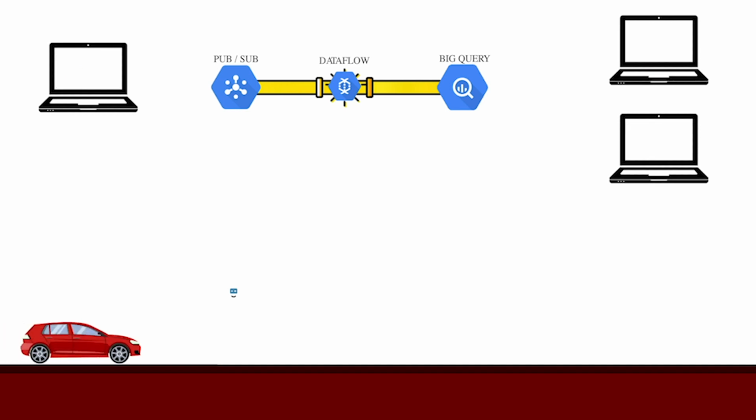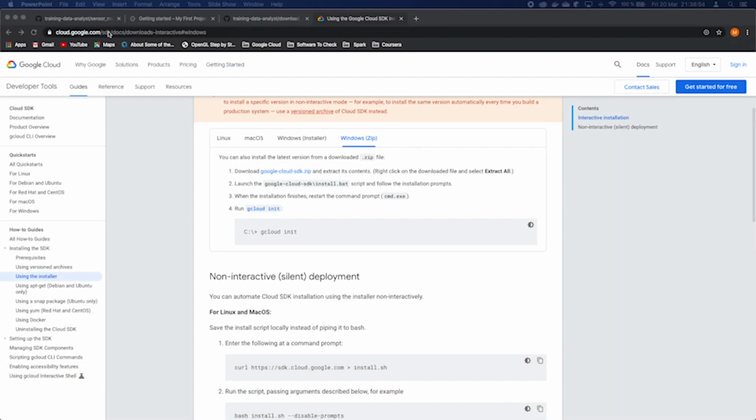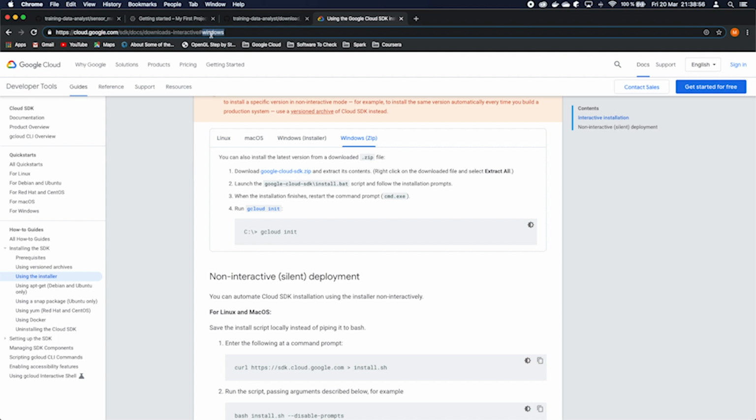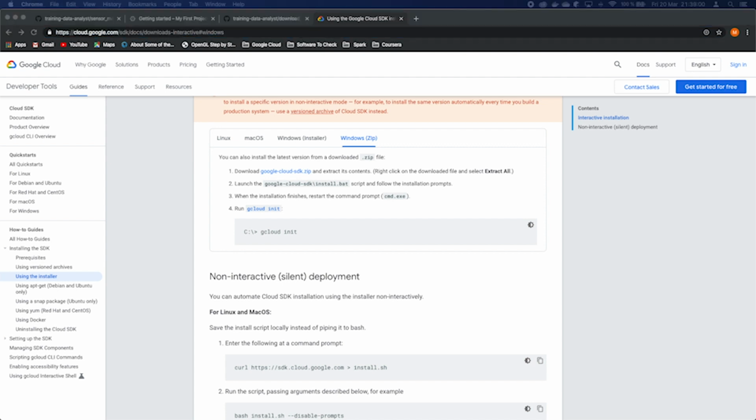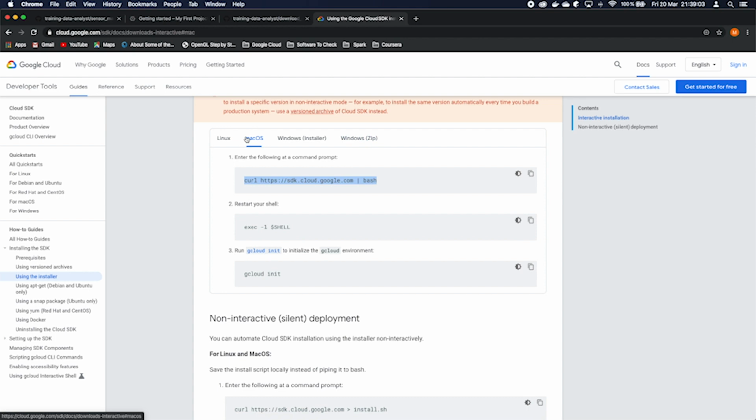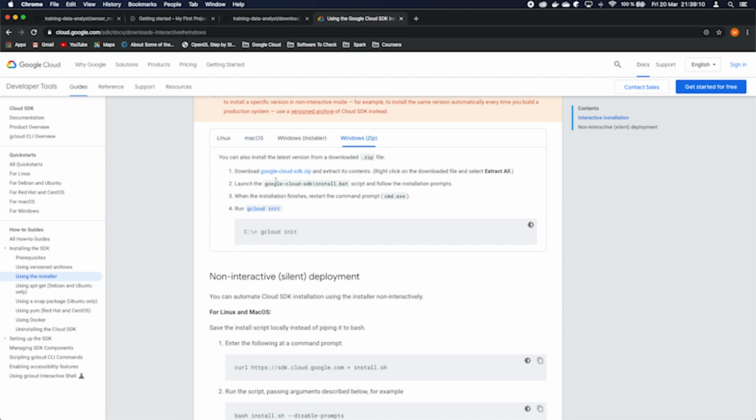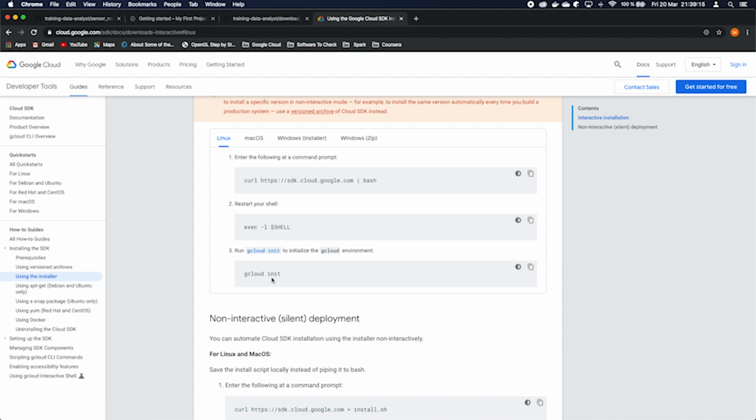In this episode we are going to use Google Cloud Platform to extract and load some data from some sensors of highways, and we are going to load them in BigQuery. Go to the page here, cloud.google.com. I will put the link in the description. I have macOS, so I will follow the installation process for macOS, but you can follow these steps for Windows, and for Linux the steps are almost the same as Mac.